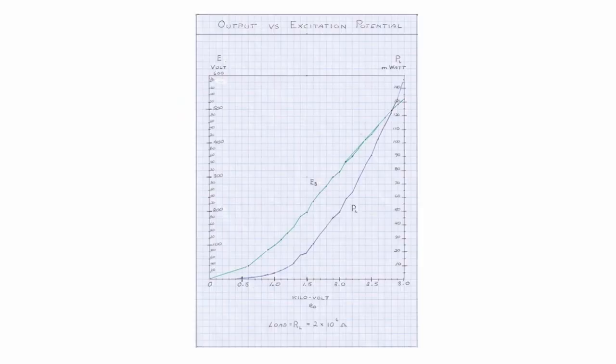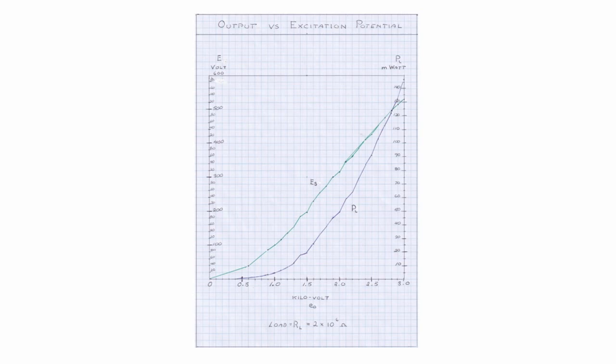Okay, so this is output versus excitation potential. As the excitation potential, or charging voltage, is increased, the electromotive force pretty much goes up in proportion to that, but the power goes up in proportion to the square. So that's good. Once you start getting past 3 kilovolts of excitation, the thing starts to take a pretty steep climb. In this case, 140 milliwatts would be what we would expect at 3,000 volts, with, as of yet, an indeterminate leakage conductance or load resistance, however you want to look at it.